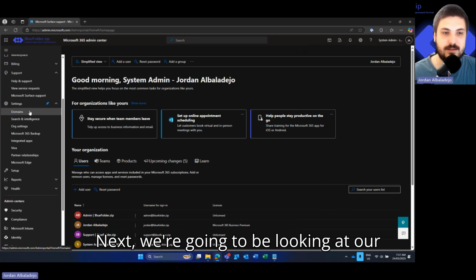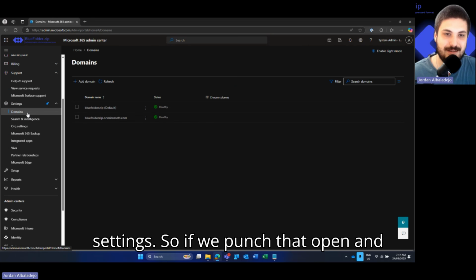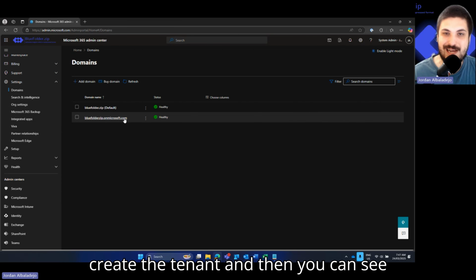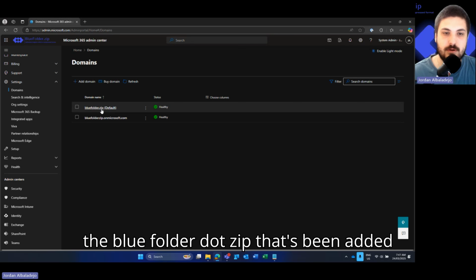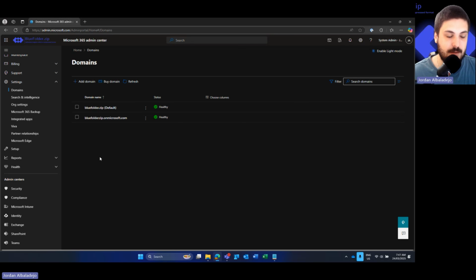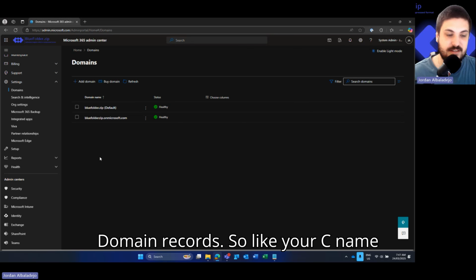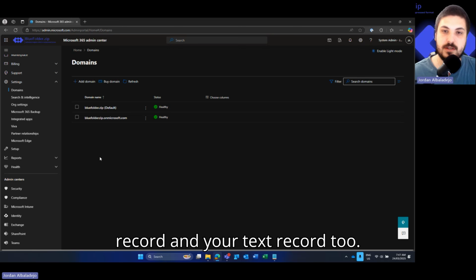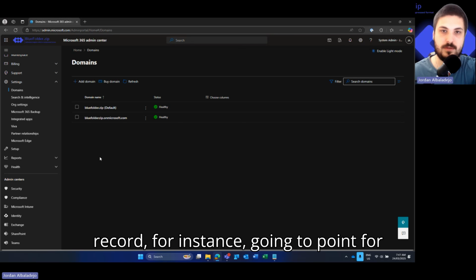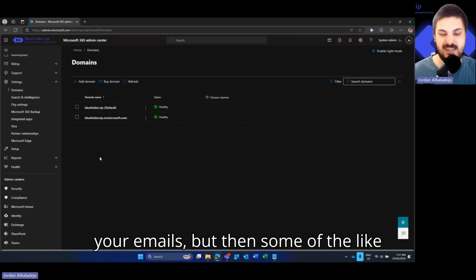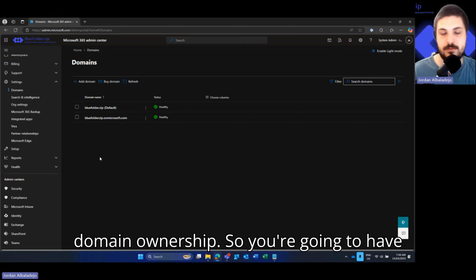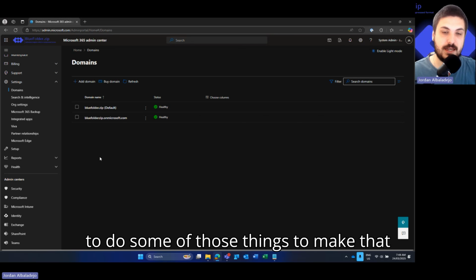Next, we're going to be looking at our settings. So if we punch that open and look at domains, we can see here we have the .onmicrosoft domain that's made when you create the tenant. And then you can see the BlueFolder.zip that's been added after. When you add a domain, it's going to ask you to add some domain records. So like your CNAME record and your TXT record to both point to different areas. So like an MX record, for instance, is going to point for your emails, but then some of the TXT records are going to point to prove domain ownership. So you're going to have to do some of those things during making that connection,